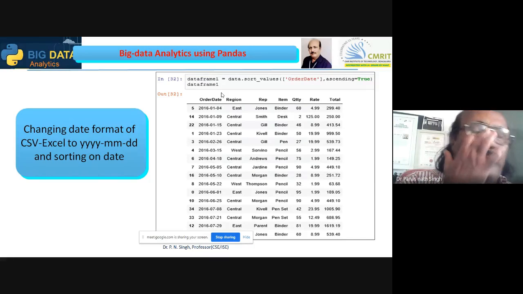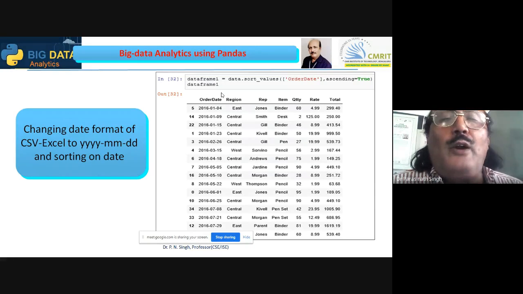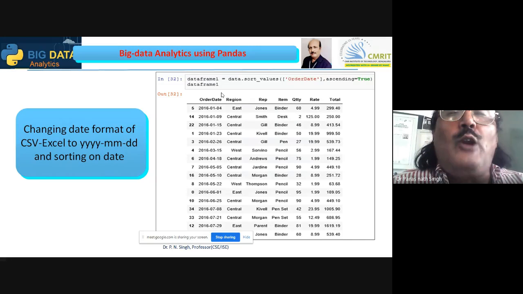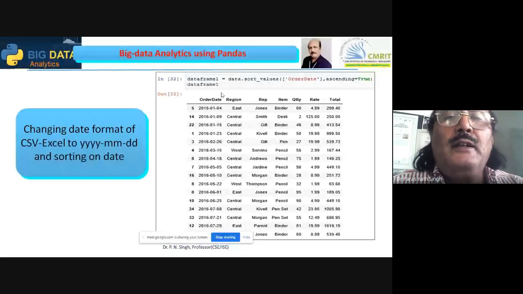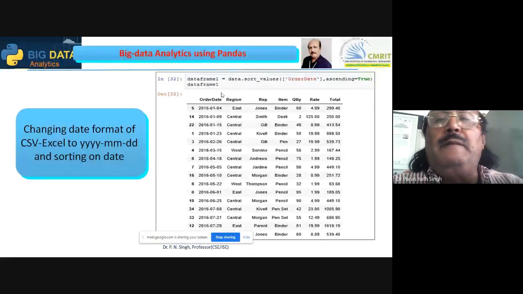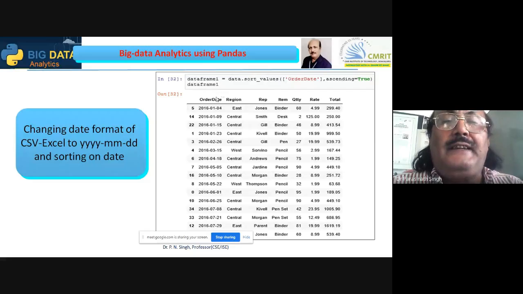Not getting a response. If you have not seen that, there is an option to convert the date format to YYYYMMDD, so later it will be easier to sort by date. That was the last slide to be presented.